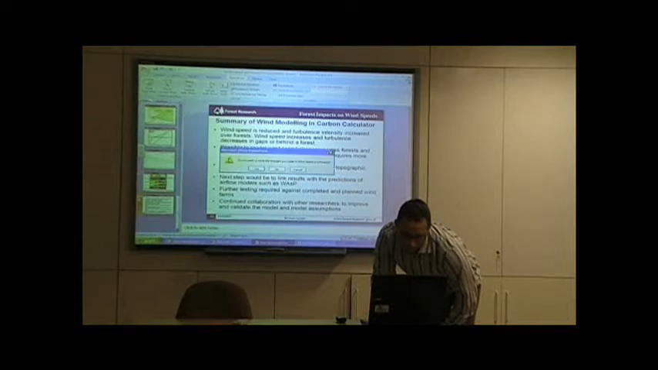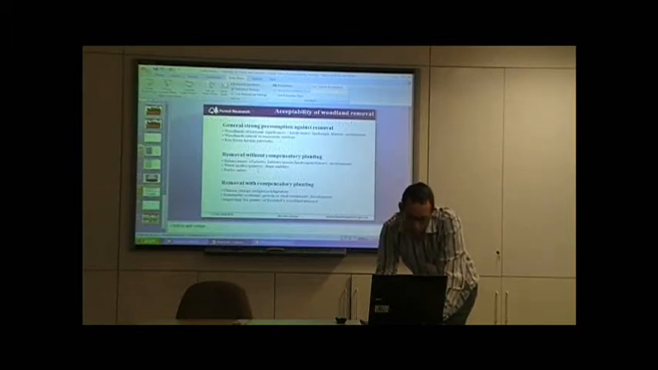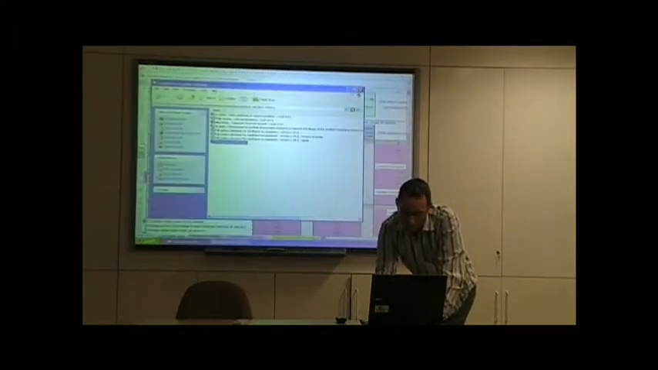Okay, so we were due to move on to Dali and the presentation of the actual carbon calculator before we go on to the hands-on session. Would it be better to have